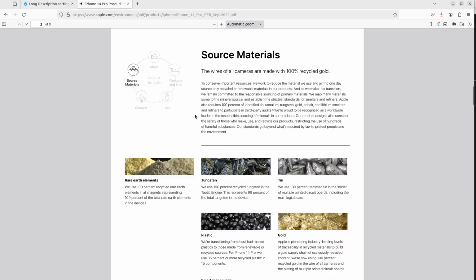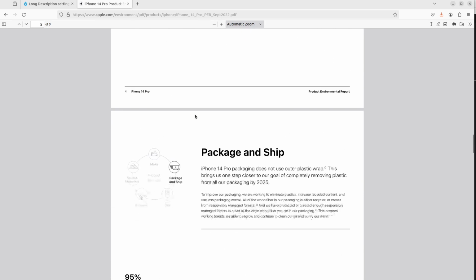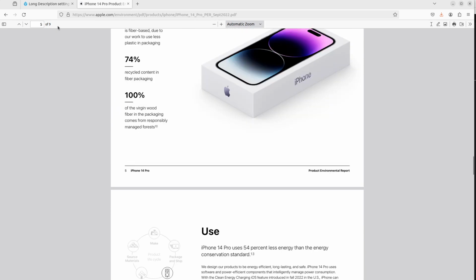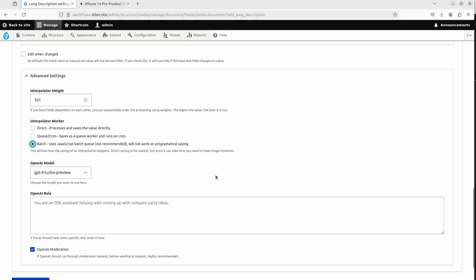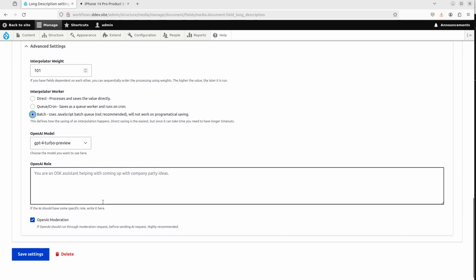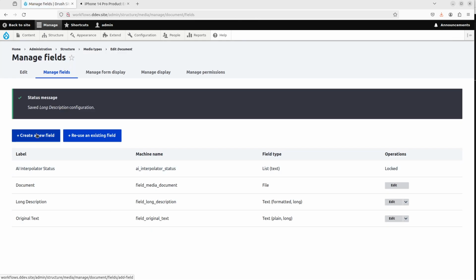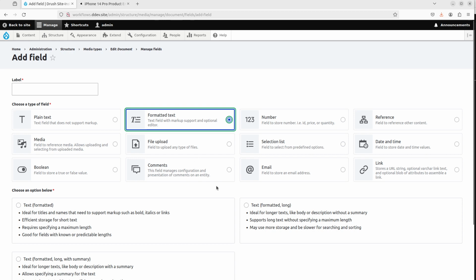I'm gonna take GPT-4 turbo because it might have a too long context, otherwise batch, because the amount of words here might be over 16,000, which is what GPT 3.5 handles. Otherwise GPT 3.5 is actually quite okay at summaries. It's very bad at other stuff, but summaries it's very okay at. So we're gonna save this, and then I'm gonna create another one that is the